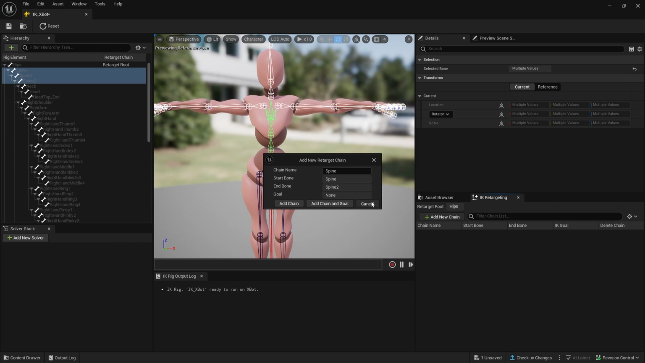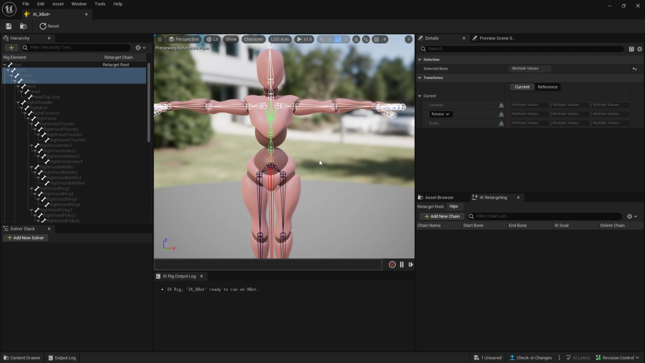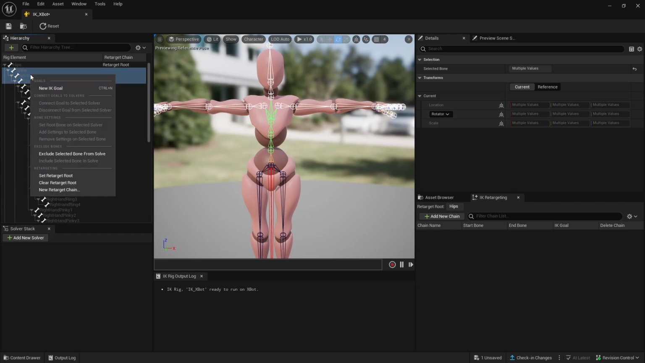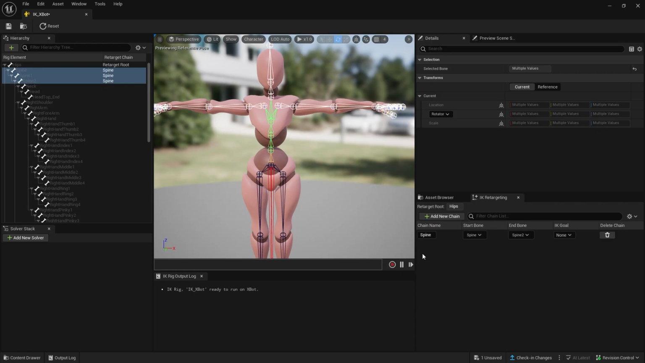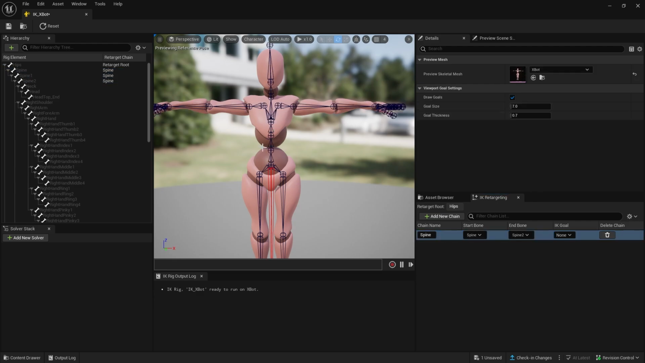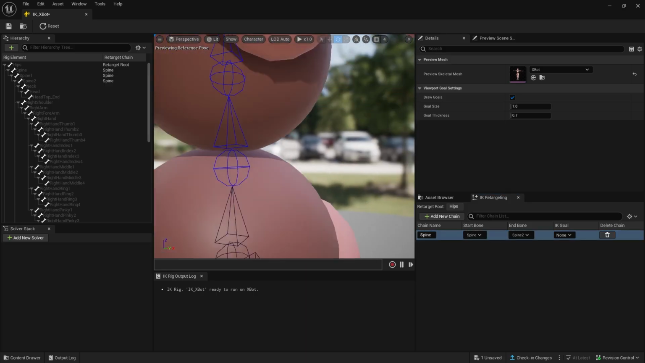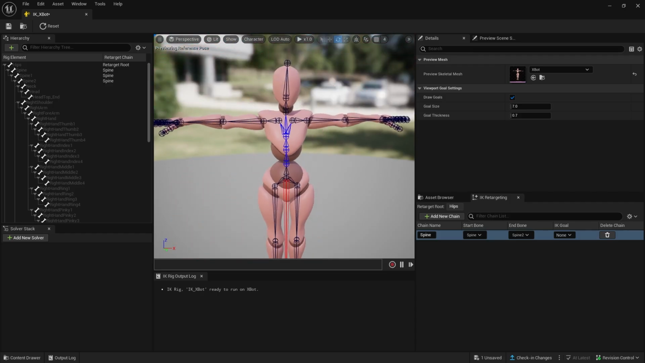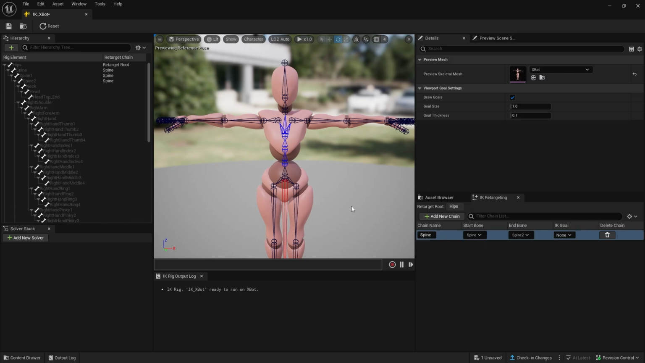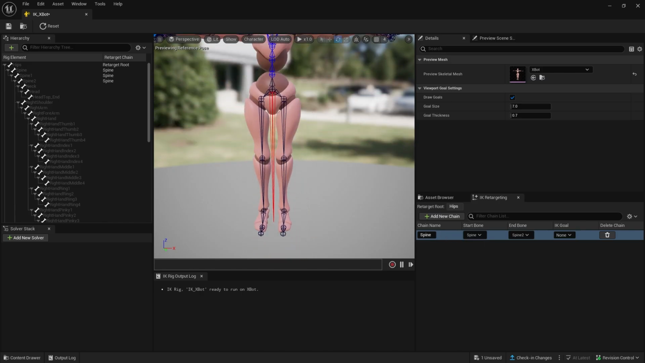So I'm just going to say cancel, because there's also another method to create retarget chains, which is if I select these and I right click, new retarget chain, I can say add chain and my chain appears. And if I deselect what I had on the bones by just selecting an empty area and I select my spine, we can see that, hey, look, the retarget chain bones I have here are set to blue, which is great. So I have my retarget root, I have my spine,